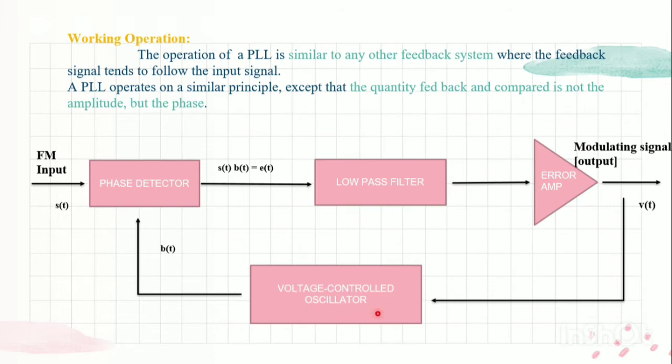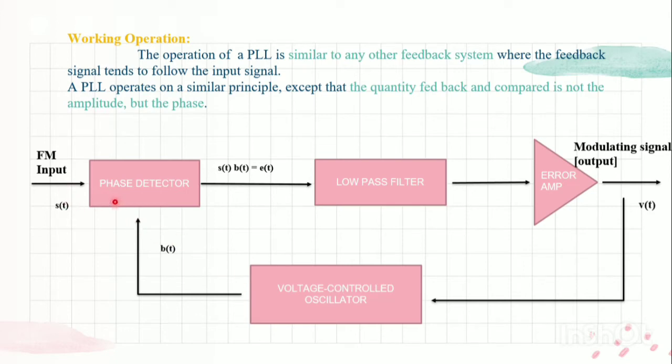Okay, first, the voltage controlled oscillator. It's nothing but an oscillator whose frequency can be controlled by an external voltage, and it produces a frequency that varies linearly with the input voltage. This is the one which plays an important role in our PLL. Actually, it adjusts its own frequency until it is equal to the input sinusoid. So at this point, the frequency and the phase of the incoming signal and the output of the VCO are in synchronization.